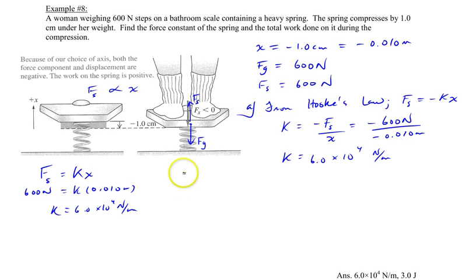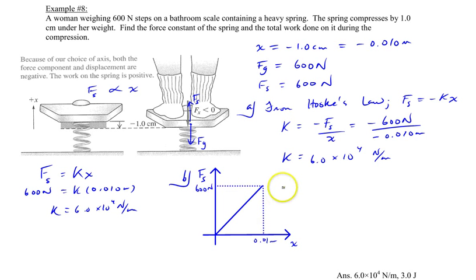Okay, so we're now moving on to part B. We're asked to find the total amount of work being done by the spring. Now there's a variety of ways that you could do that. You could, say, plot a graph where the force is directly proportional to the displacement, and then we can put in some values here. And the work done by the lady pushing down on the bathroom scale would be equal to the area under the force versus displacement graph,